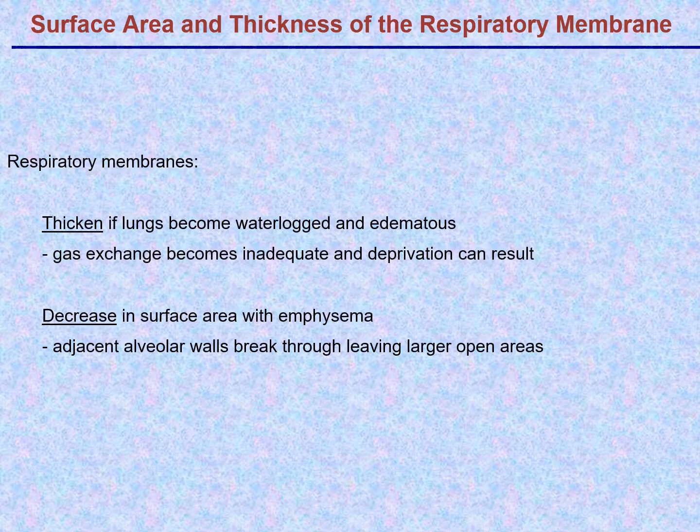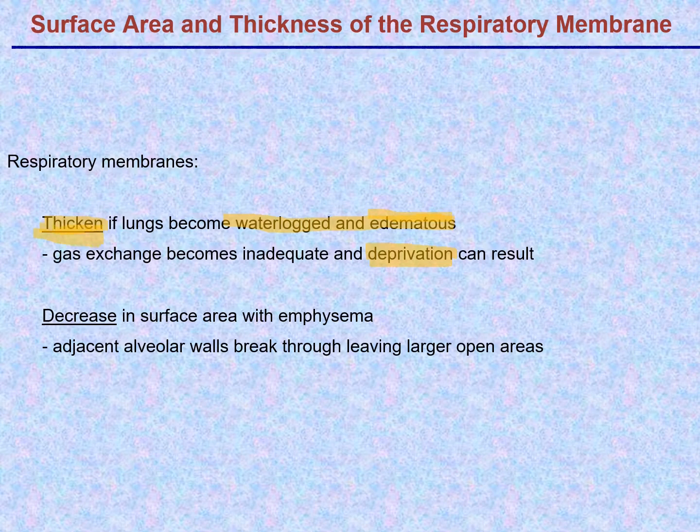Unfortunately, sometimes there are problems. You can get thickening if the lungs become edematous. If you get accumulation of fluid within the lungs and the tissue in there is edematous, and this can occur with inflammatory disease accompanying, for example, infection. In which case, in those areas that have more fluid, you will have inadequate gas exchange, and you could get a deprivation in terms of how much oxygen is getting into the blood. So a person could become oxygen deprived because their lungs are edematous, leading to thickening of the respiratory membrane and